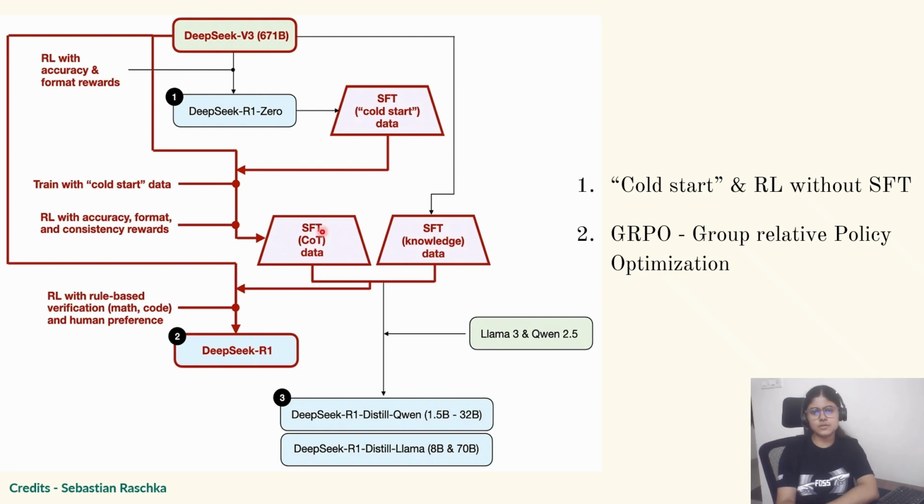So using this 800k data, which was collected because they wanted the model to function for non-reasoning question answers as well, not just answer using reasoning. So they wanted to make it robust in that way. Using this 800k data, they generated this DeepSeek R1, and again there were rule-based RL verifications for math, code, and human preferences. So that's what gave us DeepSeek R1.